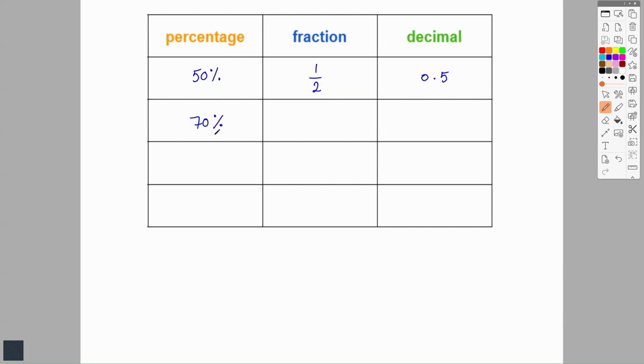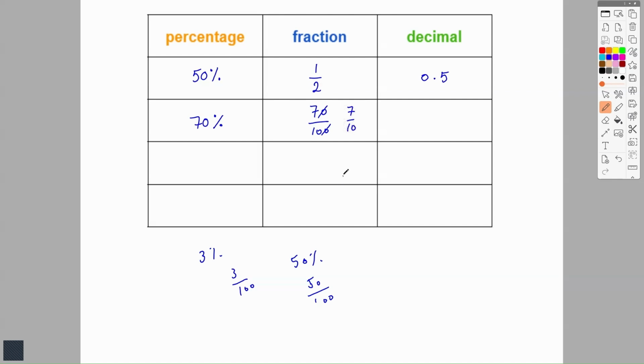Basically, we know that any percentage actually means a number divided by 100. Like 3% is actually 3/100. 50% is 50/100. That means 70% is 70/100. So we can easily convert from a percentage to a fraction. And we can always simplify the fraction. We can just divide by 10, or cancel this 0 with this 0. So we get to